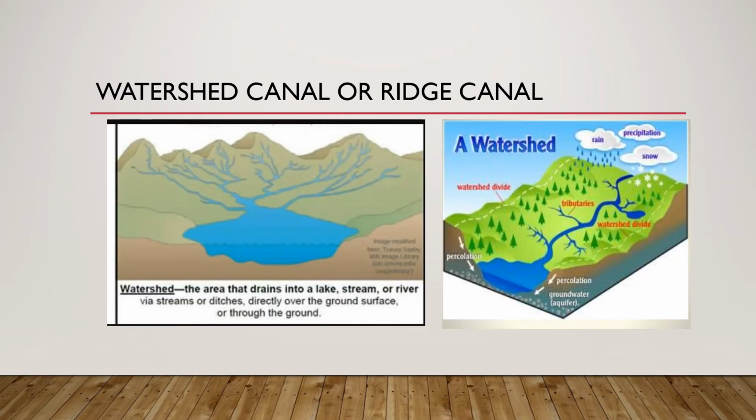In this slide you can see two pictures of what a watershed is. You can see clearly in the first picture there are so many crack-like projections in the mountains. These are the actual watersheds, from where the water is transported to the main stream. Then in the second picture you can see that due to rain and snow, water is collected at the ridges or the watersheds, and then it is transported to the main stream or the main canal, where the water is going to be used for irrigation and other purposes.